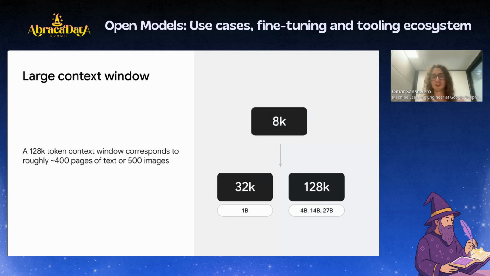Gemma originally had a very short context, so just 8K tokens or parts of a word. And with Gemma 3, we released a much longer context model. So you can share up to 128K tokens, which is equivalent to 400 pages of text or 500 images. So it's not huge, but for the local inference, it can be quite exciting to see what the community is